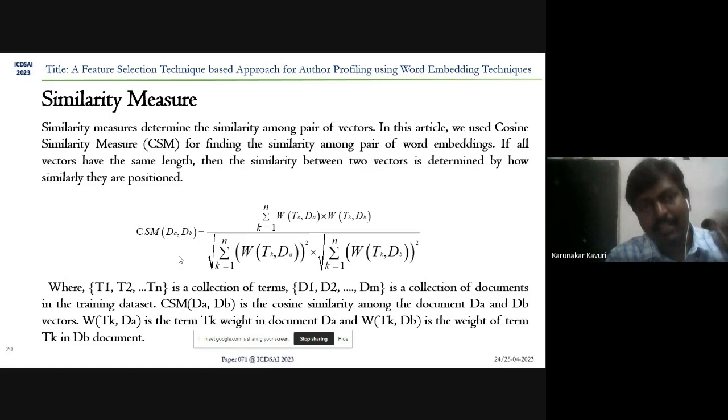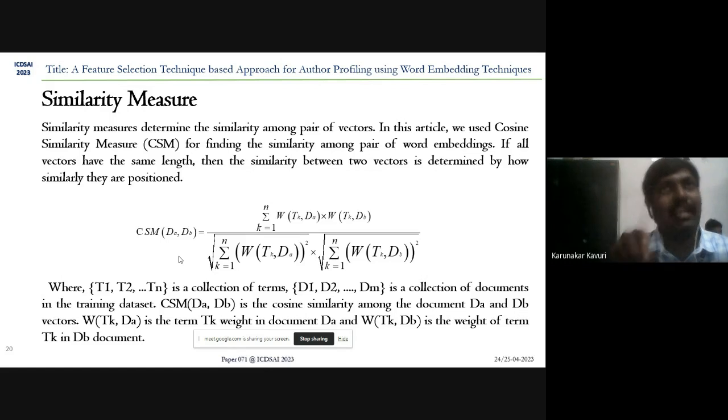Here is the formula for the cosine similarity measure. So the cosine similarity measure will give three values. Those three values are 1, 0, and -1. If the two vectors are closely related, the angle is very less, then it is closely related. It gives the greater similarity, that is the 1. And if those two are orthogonal,